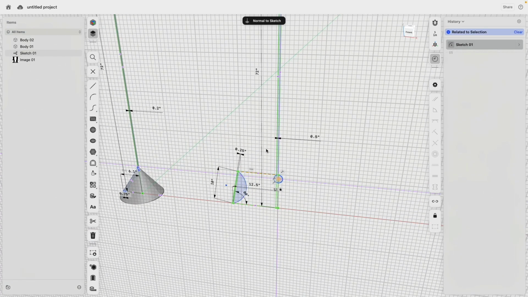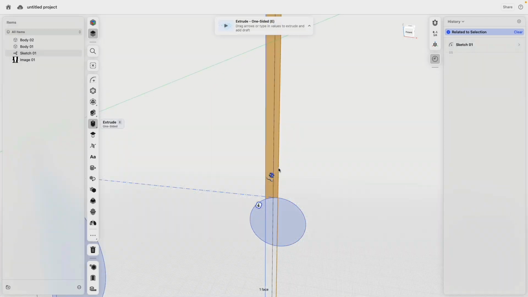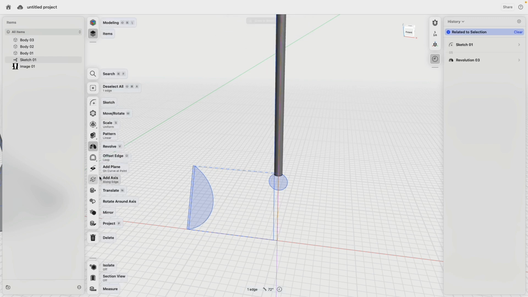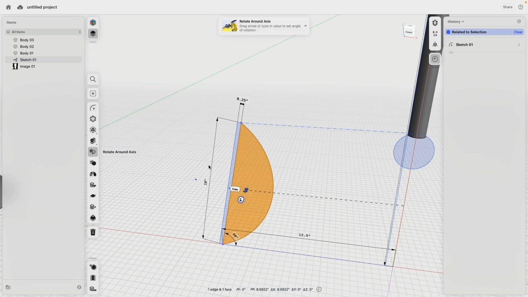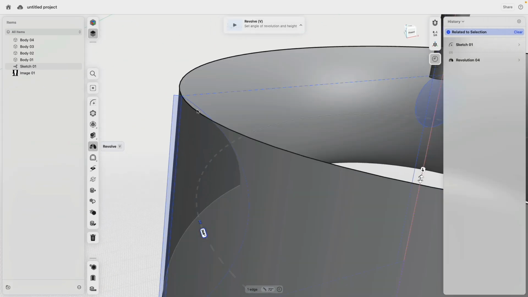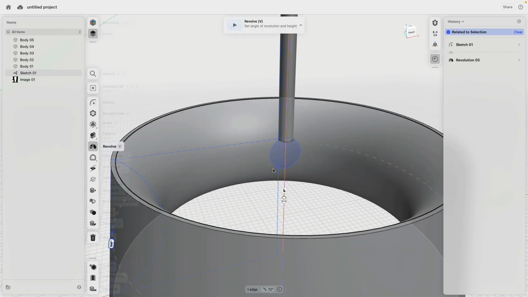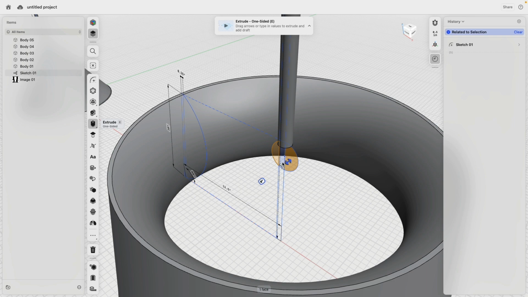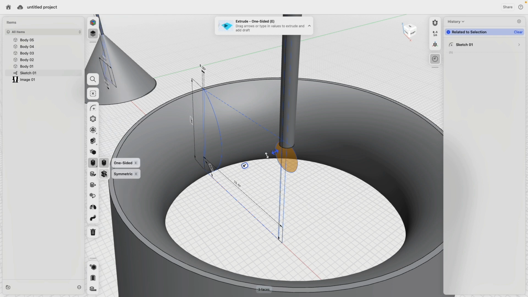Okay, so let's go ahead. So here we have this and this, and that we can revolve. Beautiful. We have this and this axis we can revolve. We have this and this axis we can revolve. Very good. And then we have this piece here, which I will select. I might have to select individual elements like this. Then let's go to extrude,